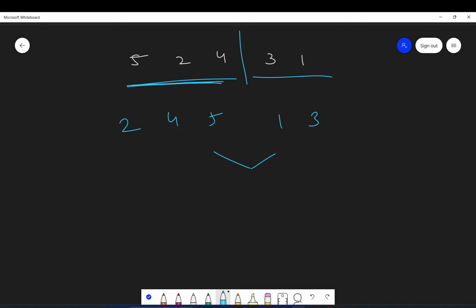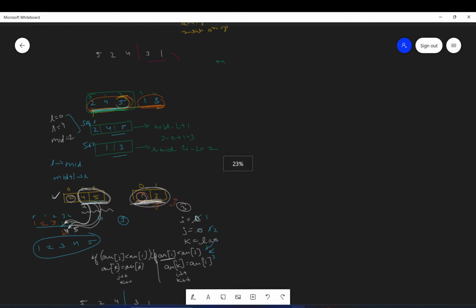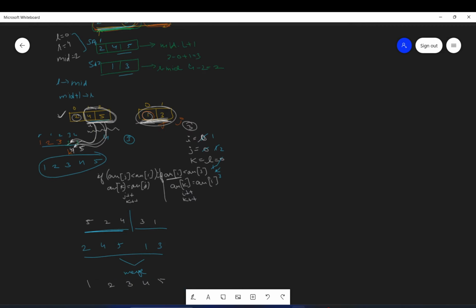You have to just merge them. And how merging is done, we have already seen above. So once merging is done, this array will become something like 1, 2, 3, 4, 5, which we have already seen here. So this was the merging thing which we have seen already.